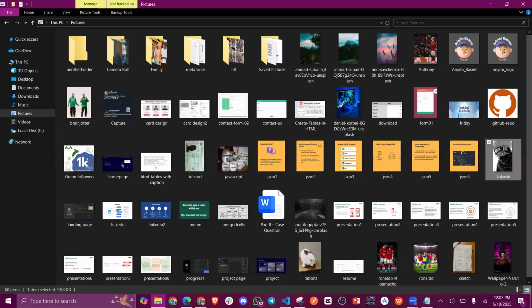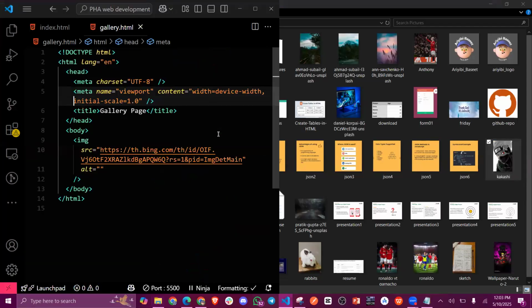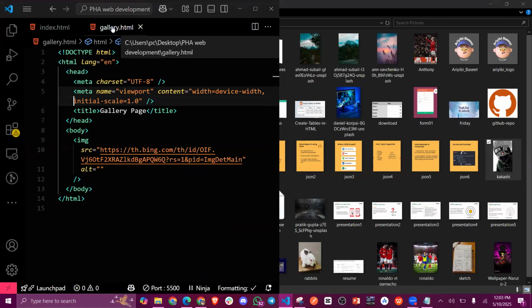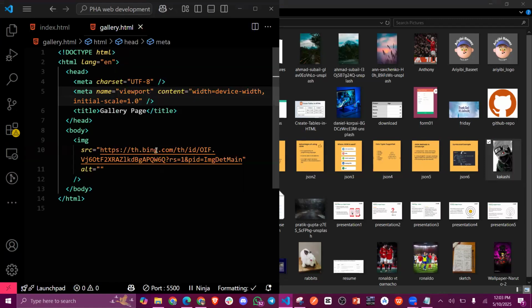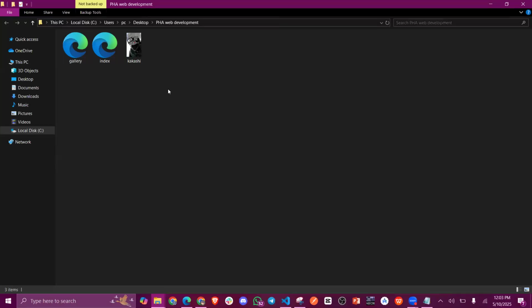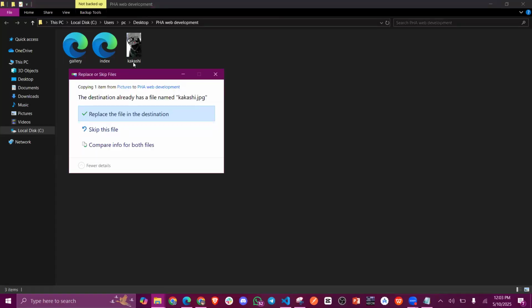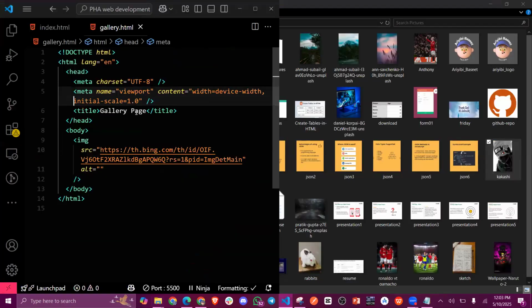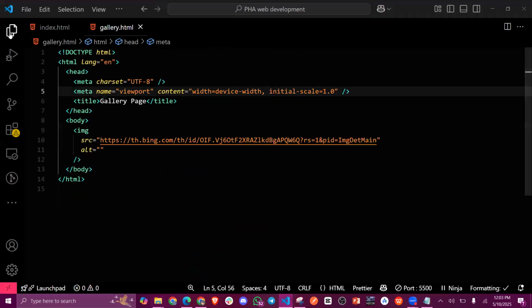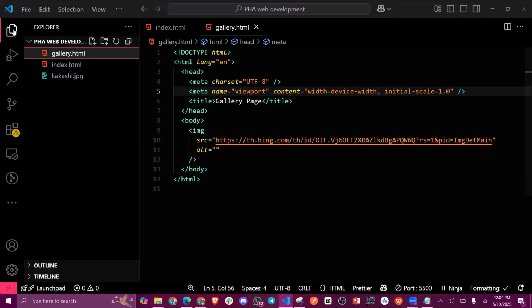So how can you locate your folder, even in your VS Code? You just come here, in this gallery.html, then you right click, then you click on Reveal in File Explorer. Then you press Ctrl+V. I already have this image here, so I need to replace. So good. After having it, if you come here in your Explorer, if you click on it,